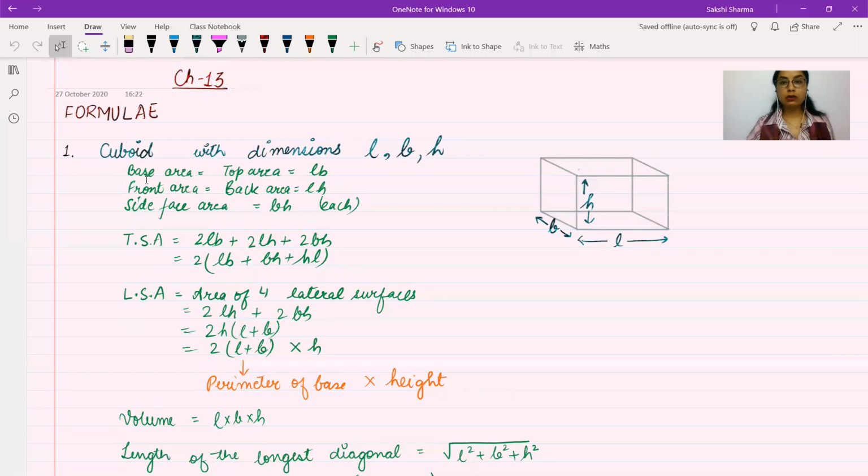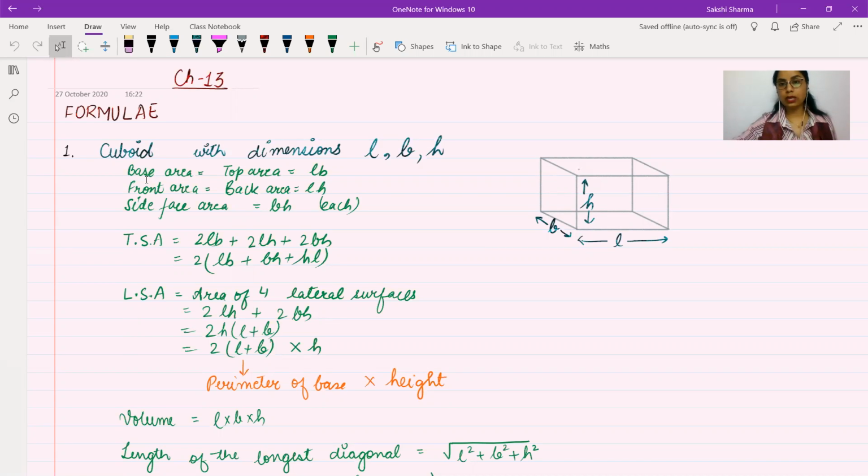We will be doing questions based on the same solid shapes we had last year: cuboid, cube, cylinder, cone, hemisphere, and sphere. There is one more solid shape which we are not doing. It's been deleted. That's frustum of the cone. So the last exercise of this chapter will not be in your syllabus. Any question related to frustum of the cone will not be in your syllabus. Maybe in optional exercise, there are a couple of questions which you could do based on the first 3 exercises, although we will see to it later on. Right now, let's focus on what we had last year.